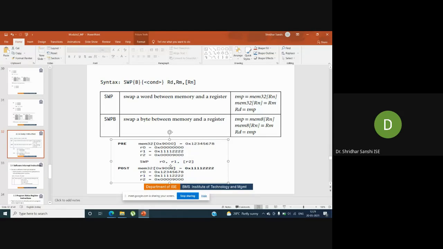So you can see that after executing this particular instruction, the data we have in the second register, that is RM, will be stored in the memory location. In this example it is R1, and the content of R1 is 0x4142. The content of R0 is nothing but the content of memory. The content of memory was 1 2 3 4 5 6 7 8, so you can see that register R0 contains that value. So this is how the swap instruction works.